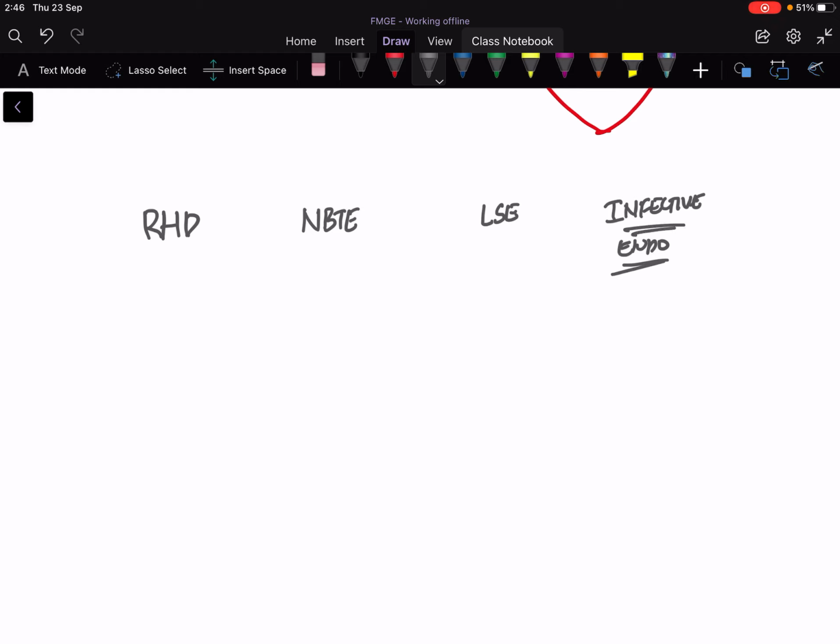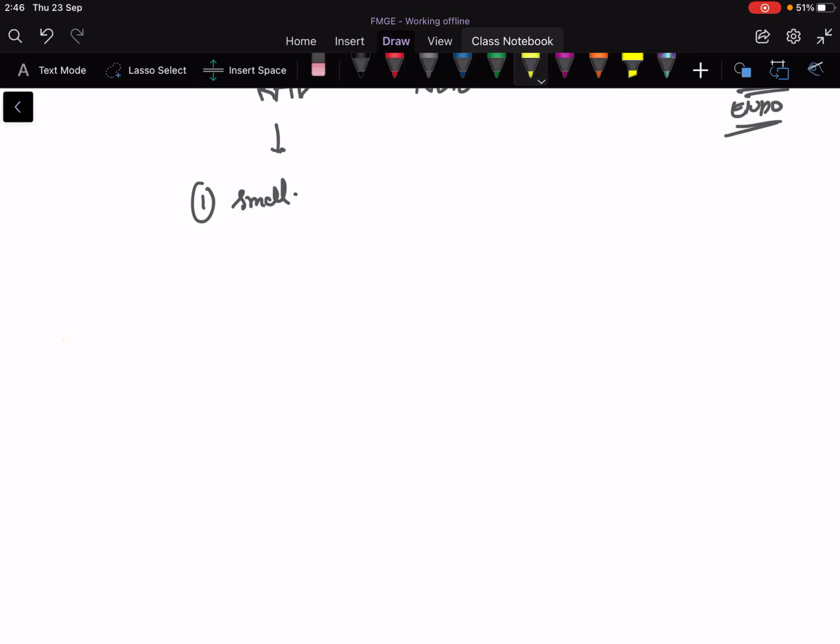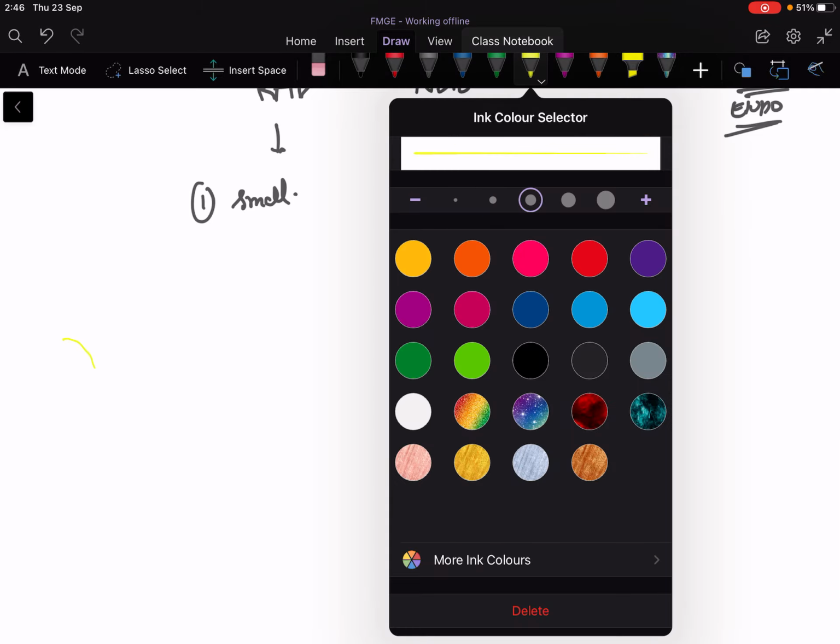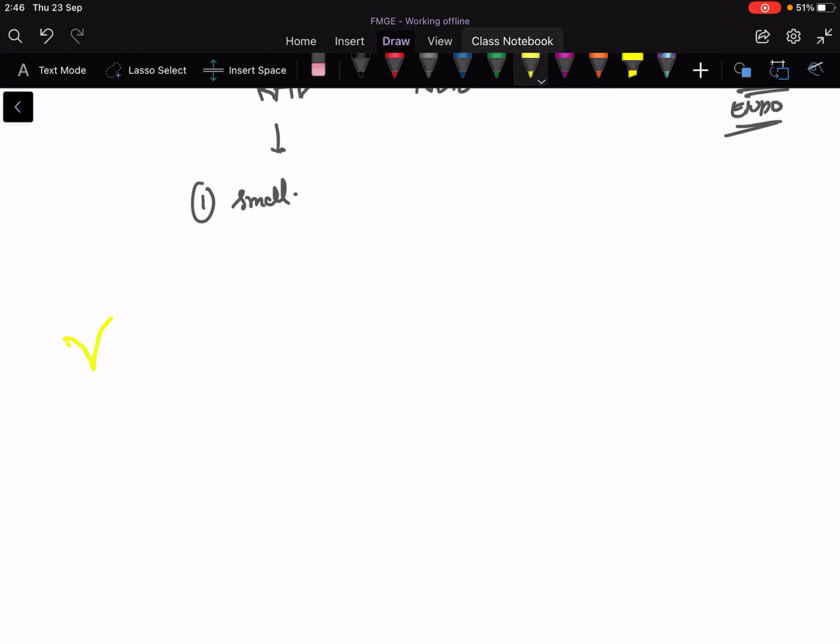So in rheumatic heart disease the vegetations are very small. What is meant by this? You can see here, suppose this is the valve, and this valve is having some small vegetations, but small vegetations, and they don't cross the cusps. So as you can see here the vegetations are not crossing and they are small.